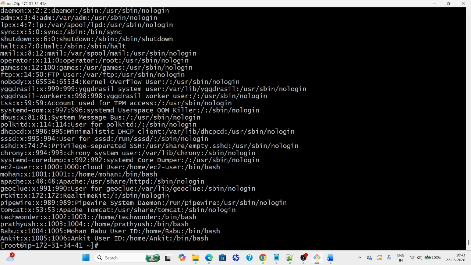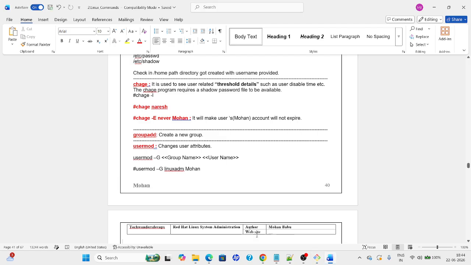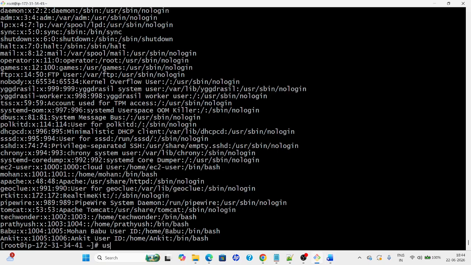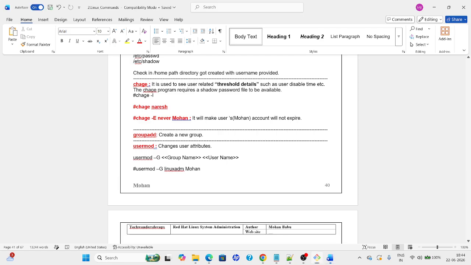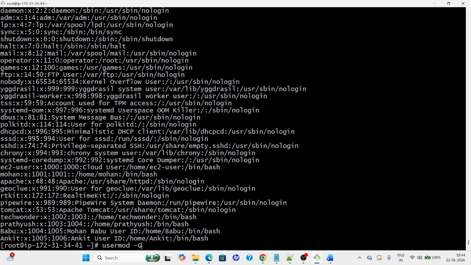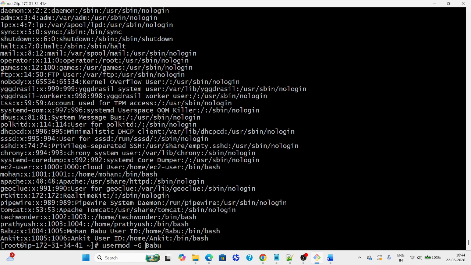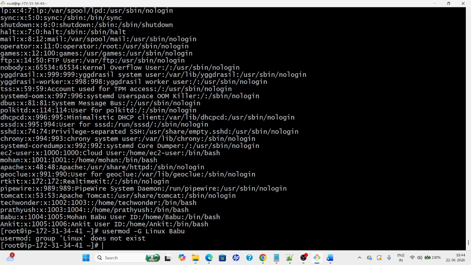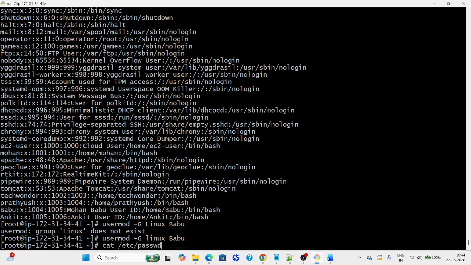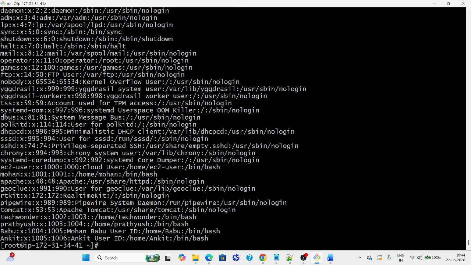For this particular user, I am going to set up the group details. I am going to update it. So usermod hyphen G, Babu I'll give, and then group name, and then I have to give the group name Linux first, then the username. So the Linux does not exist because it is capital. So this is case sensitive. We have to use that. Now if I check the password details,